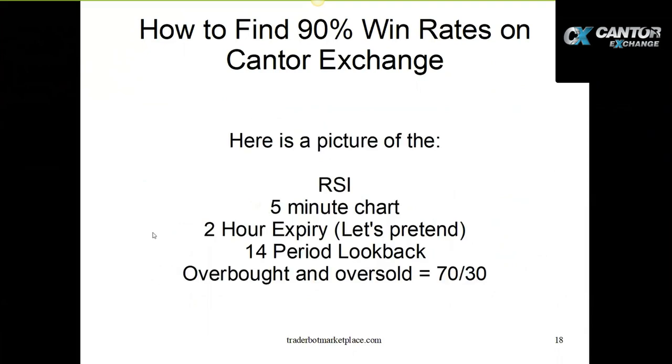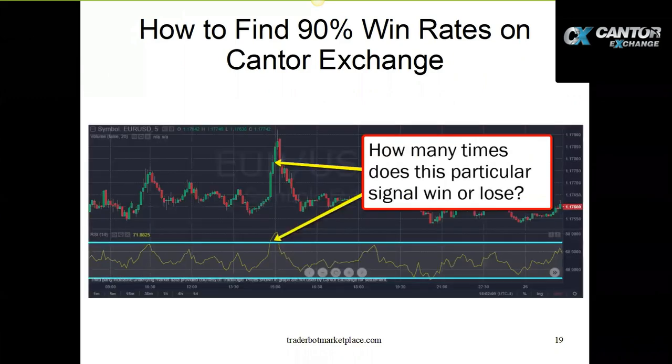Okay, so here's what we're going to be looking at. We're just going to take a simple RSI. Yes, the strikes, Matthew, I'll get to that in a minute. Okay, we're just going to look at a simple RSI on a 5-minute chart with a 2-hour expiry. Let's just pretend it's a 2-hour expiry. A 14-period look back and an overbought and oversold level of 70-30, just the normal RSI. Now, if you're looking on the Cantor Exchange platform,